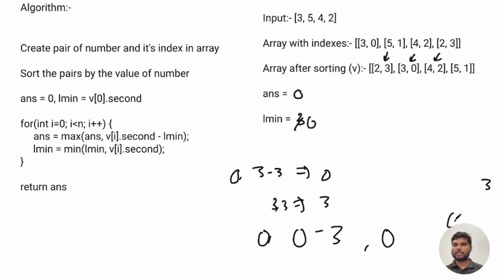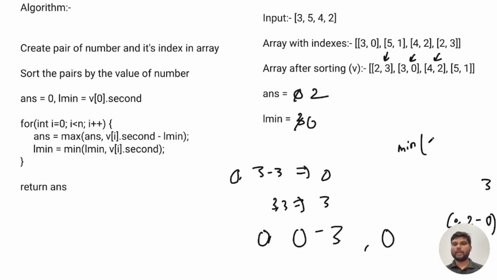The value of answer is 0, comma, vi dot second is 2 minus lmin, which is 0. Cool. So we need to find the maximum between these two, which is 2. So answer has been assigned a new value, which is 2. Okay, and lmin we need to set to the minimum of